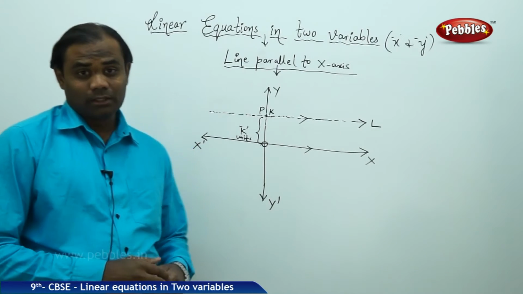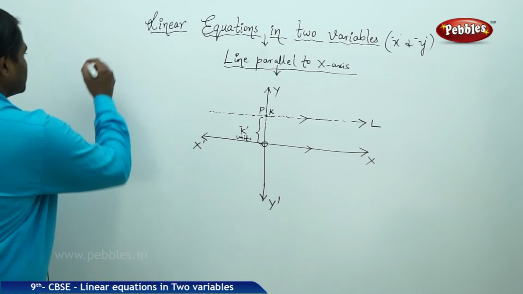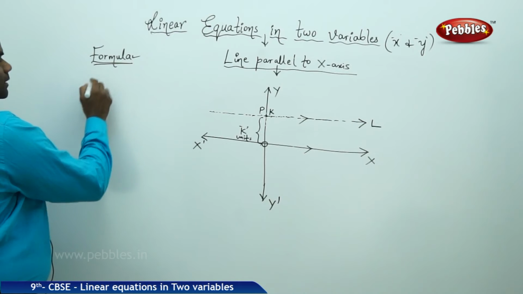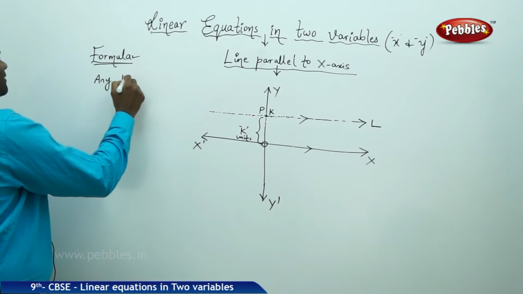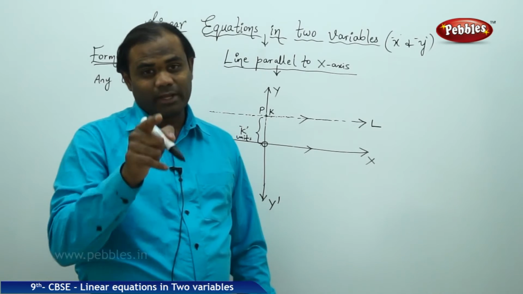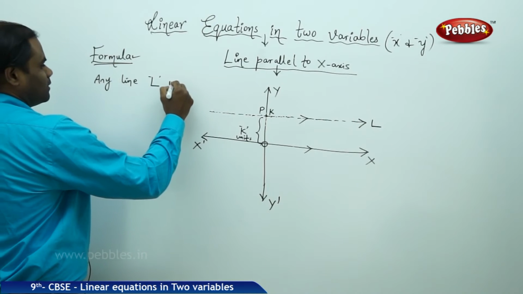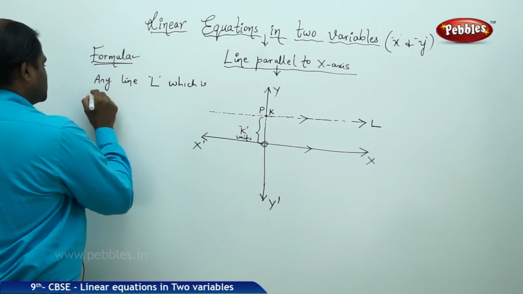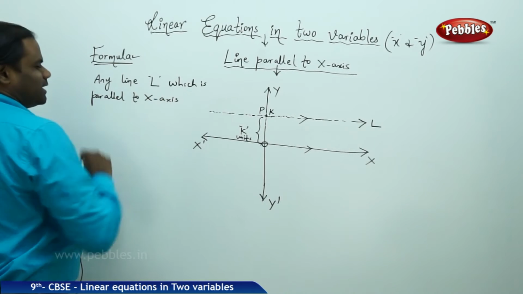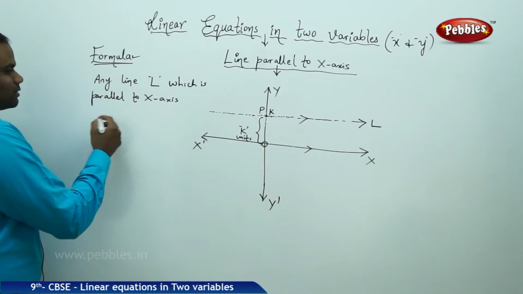Now let's see the formula. What is the condition for the line L parallel to the x-axis? So here comes the formula. Any line L, this line may be anywhere in the Cartesian plane, provided the condition that this line is parallel to the x-axis. So any line L which is parallel to the x-axis